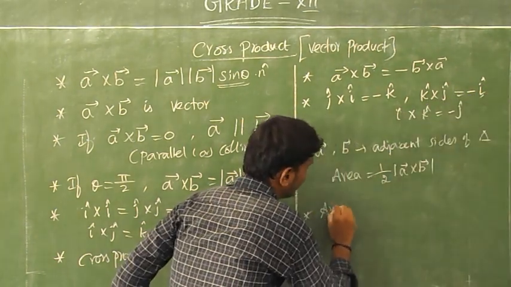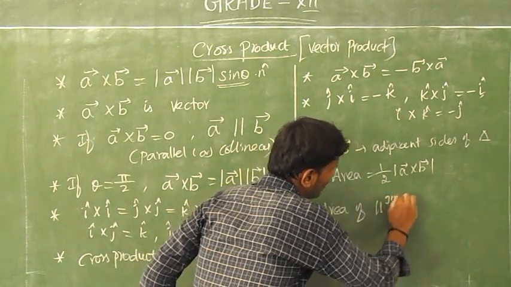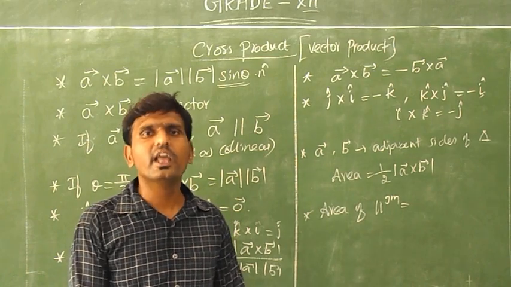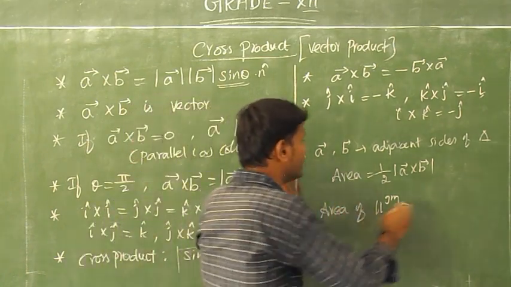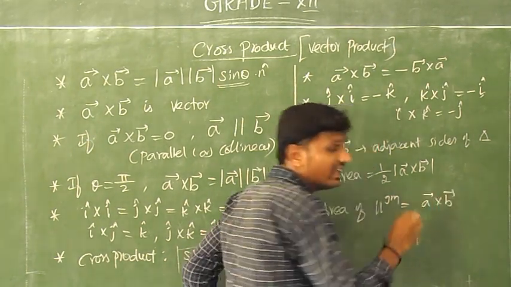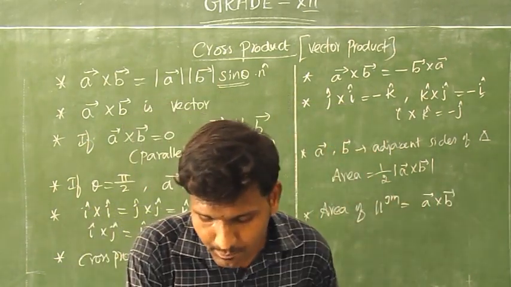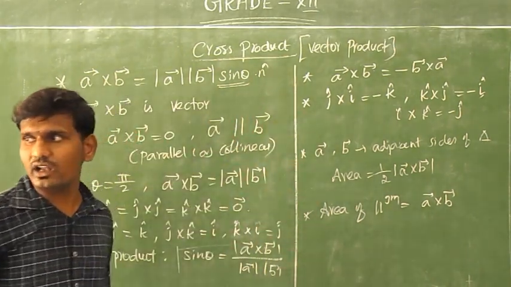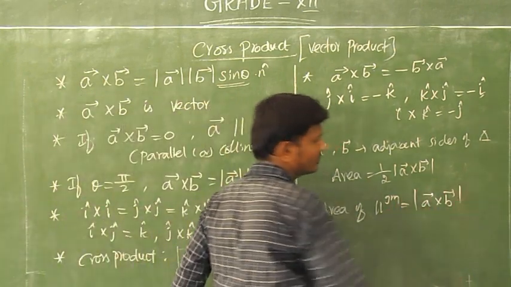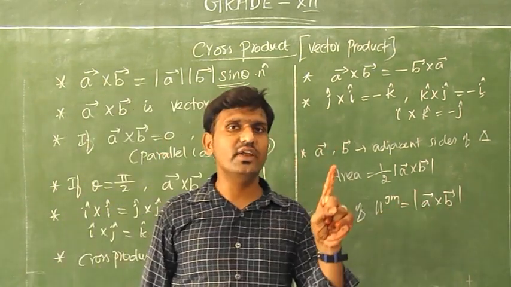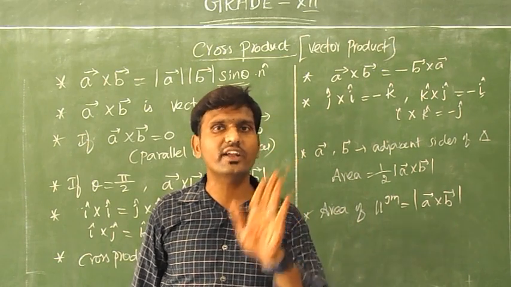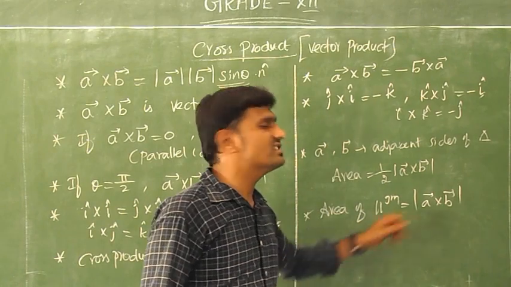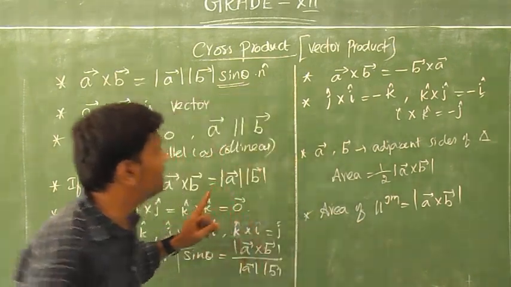Suppose, see, the area of a parallelogram. Parallelogram means very simple. What is the basic formula? Area of a parallelogram is base into height. As for the same here, a vector cross b vector, when the vectors a vector and b vector are the adjacent sides of a parallelogram. So this is your observation. Have you got it all? Okay. If you are writing a vector cross b vector, only the vector product will come. And next we have to find the magnitude. Then that is the final answer. Okay. Fine.